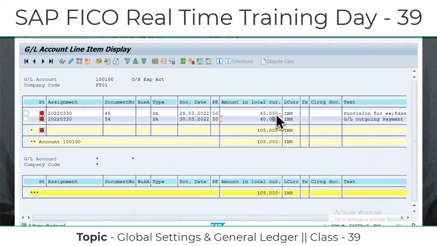See here, there are two invoice documents. One is 65,000 rupees, another one is 40,000 rupees. Total amount is 1,05,000. With one single document, both can be cleared. Example, he would like to pay 90,000: 40 for this one and the remaining 50 for this. So in this case,